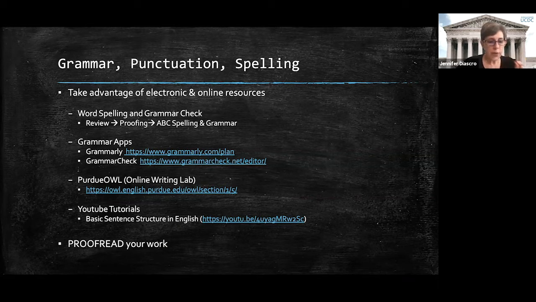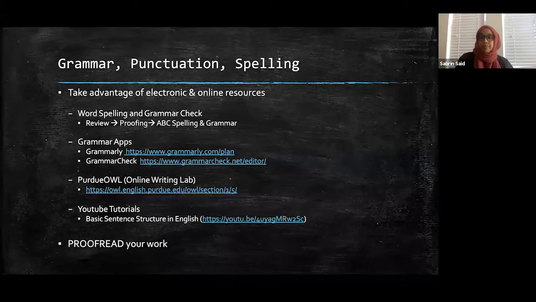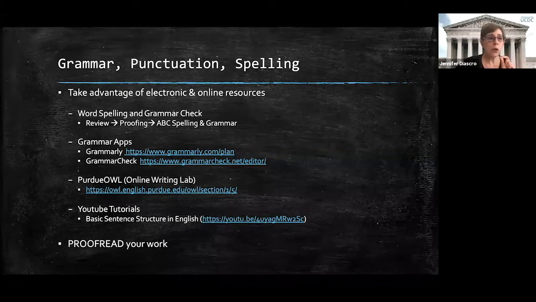One of the biggest issues that I find is verb tenses. Verb tenses are really a challenge, especially for students for whom English is a second language, but even for English first language speakers, it is really a challenge. It doesn't come naturally, and sometimes you're writing very complex sentences and it's hard to tell what the subject is and therefore what the verb is.